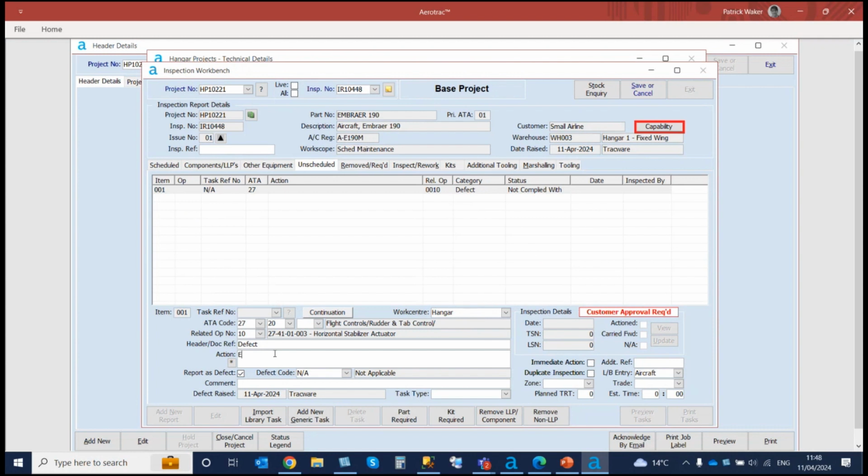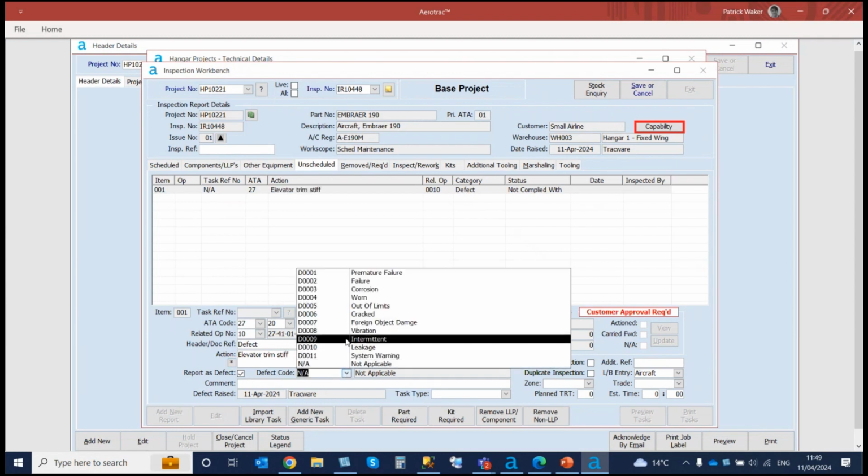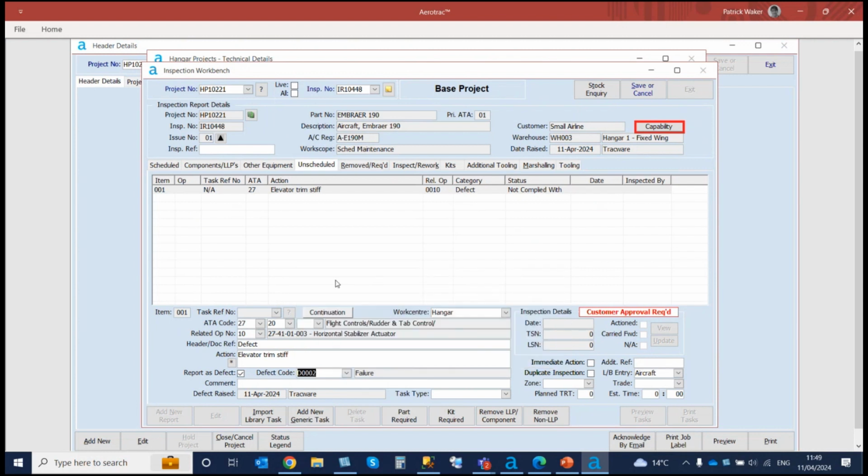So elevator trim is stiff, for example. Report that as a defect. Select a defect code. So I'm not sure what that is. Maybe failure. Put a comment, investigate. And then one of the things Aerotrac will make you do, depending on how you've got it set up from